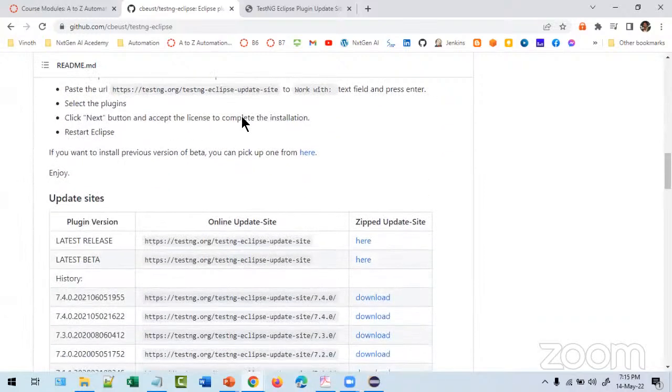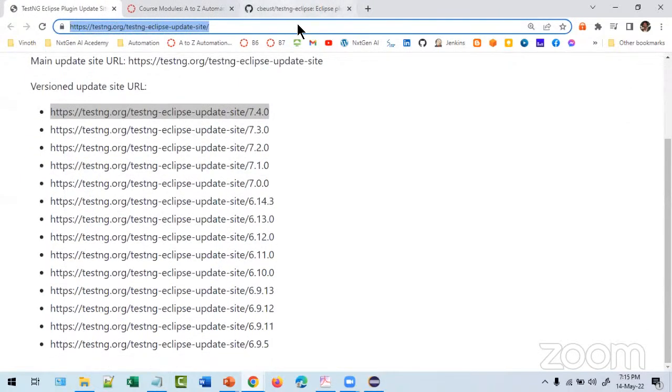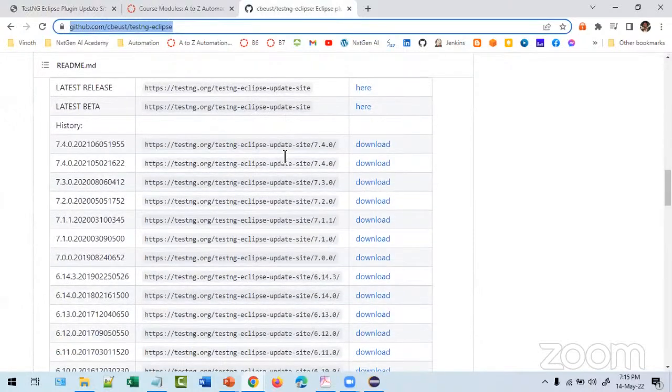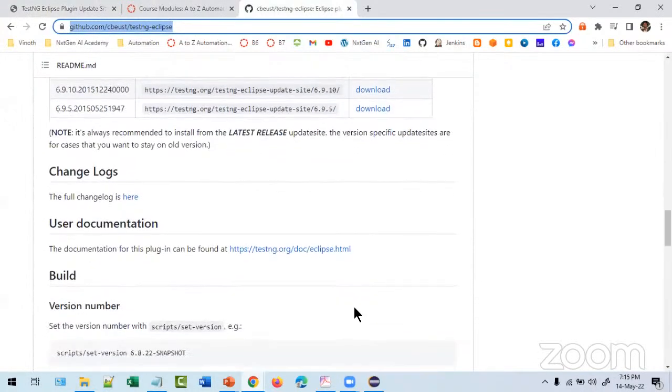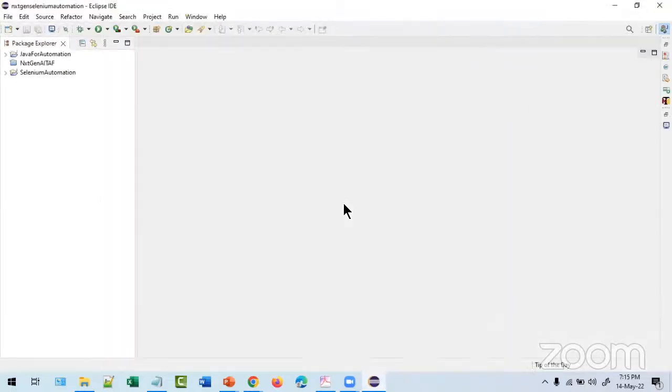So you can use this URL. This one is already mentioned in the document. You can use it, all are the same. So we are at the 7.4 plugin. So first plugin we are doing. Let it load.